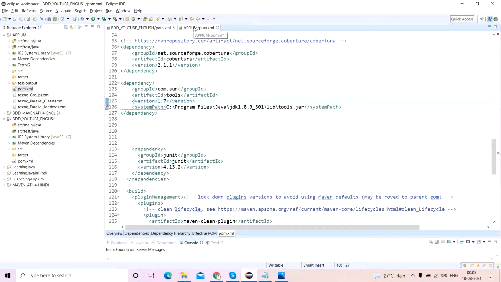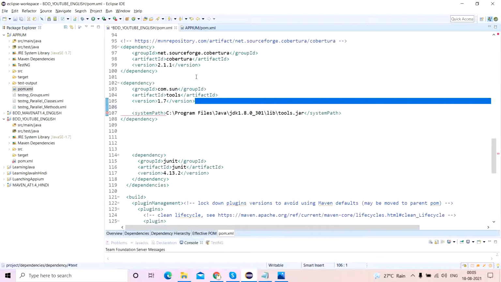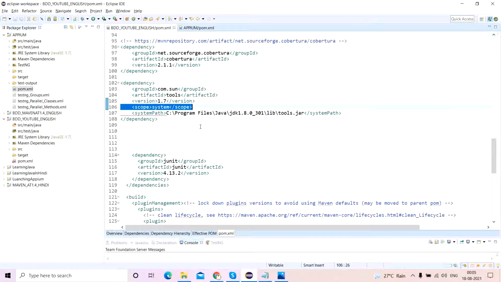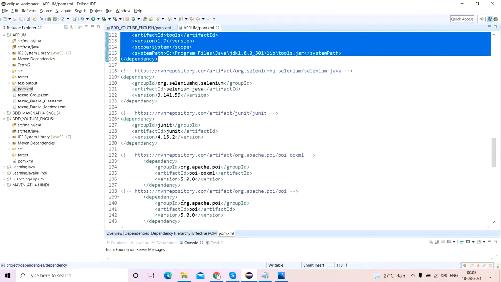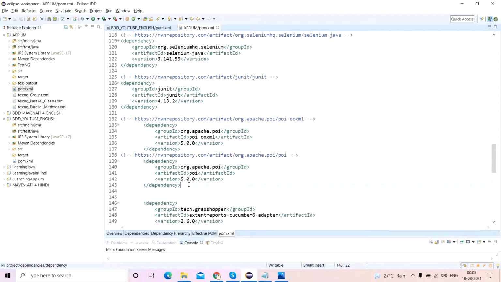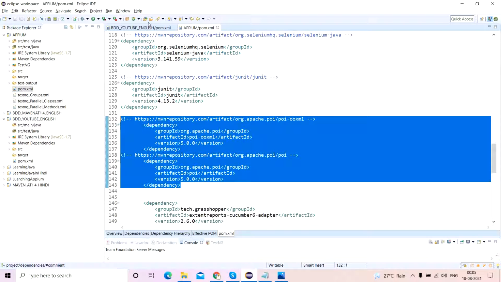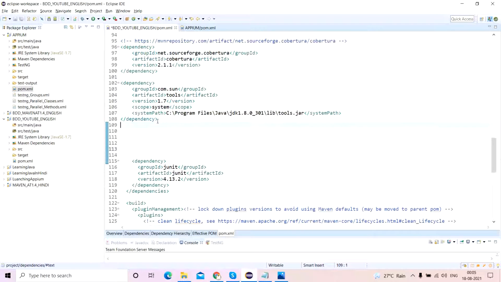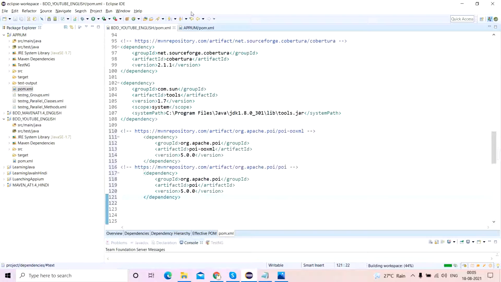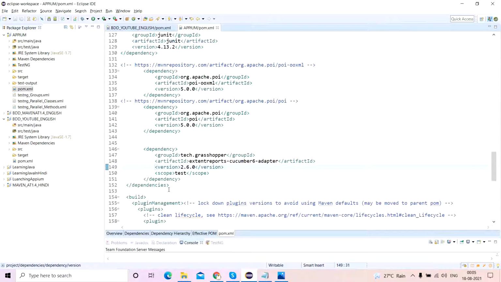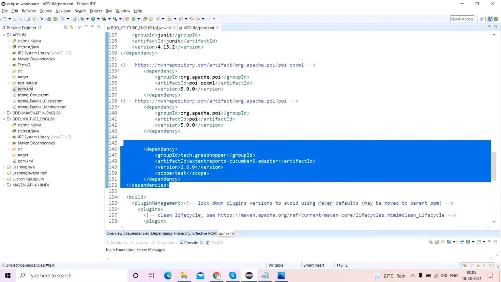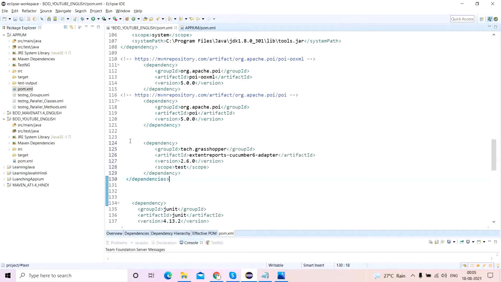And then, okay, I think here it is creating a problem. Okay, maybe we need it. The next part is these two. You rather copy this, put it here, save it, and if possible, get the extent report, this as well. So these are some of the things which you need to do. Oops, sorry, I should not have done that here.